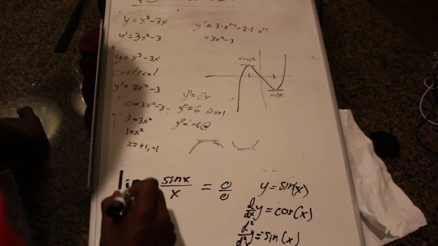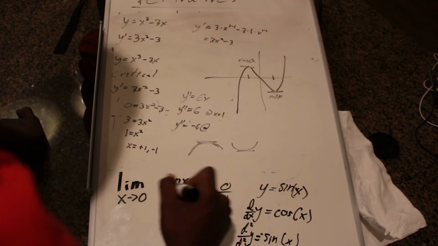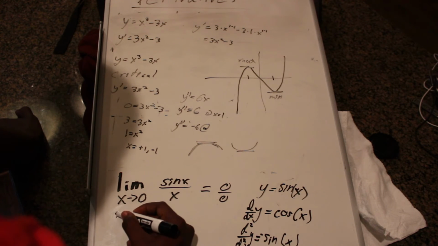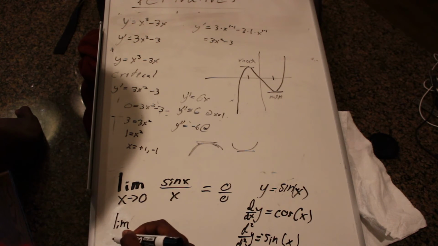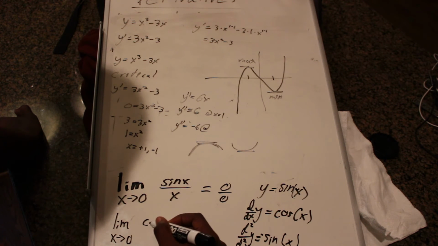So the important thing here is when we take the derivative of the top, we get cosine x